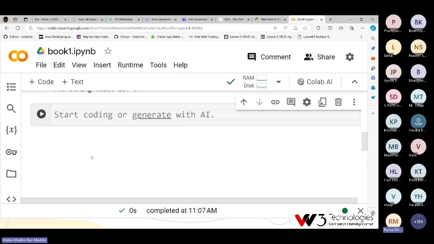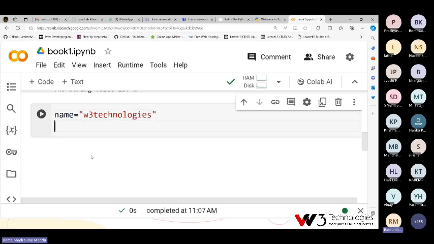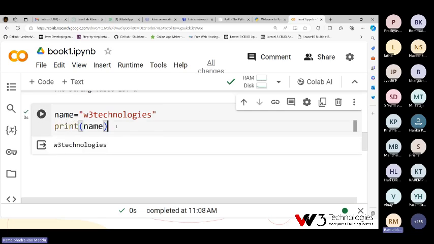So I am taking one more example. For example, I am taking only string data first of all. Name is the variable name and it contains W3 technologies. I am only working with strings. If I want to print the entire thing, I will use name. It is already practiced. Now I want to print only technologies.